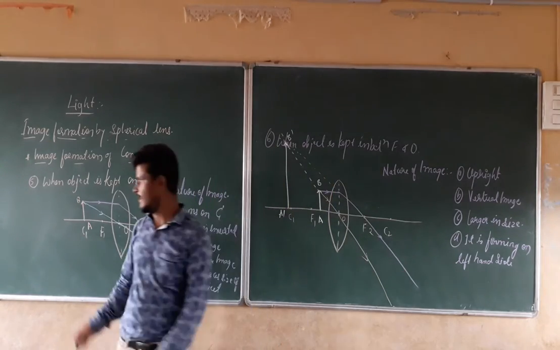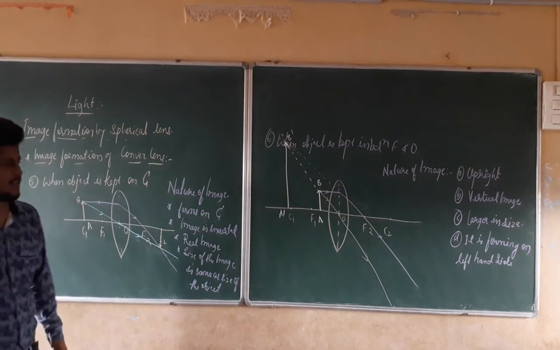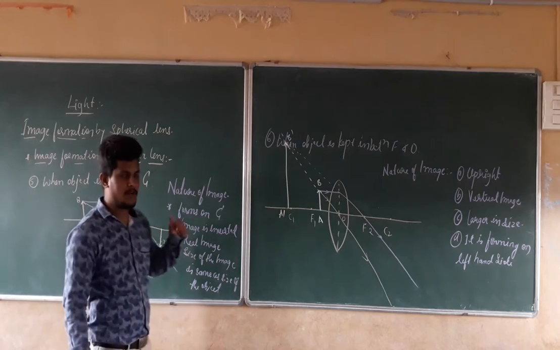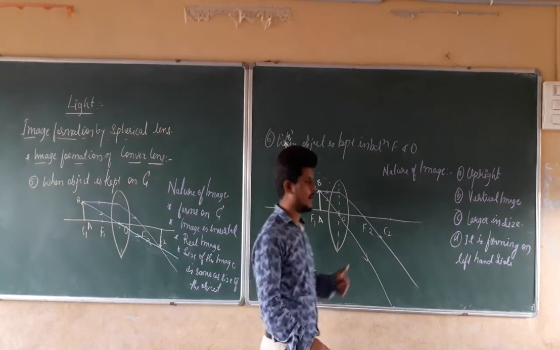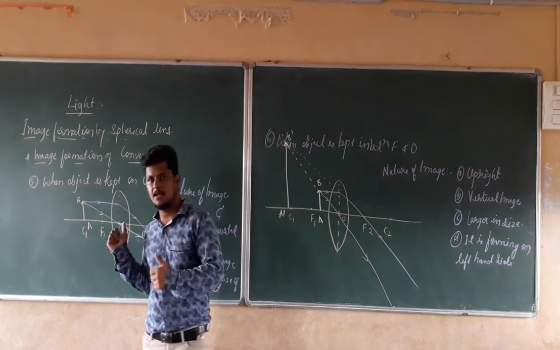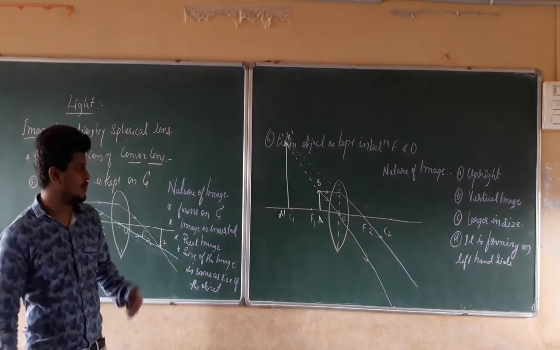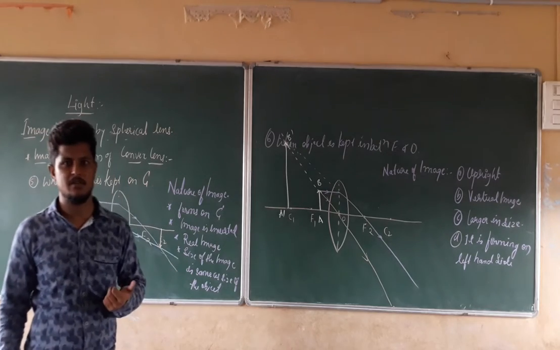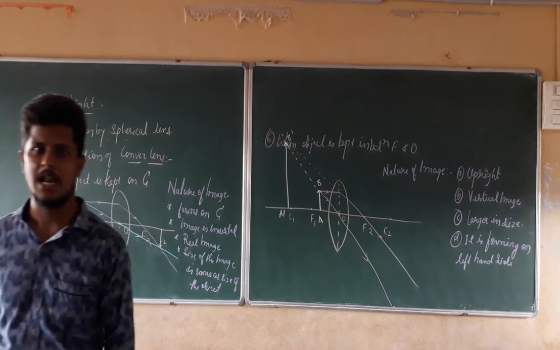These are the 6 ray diagrams which are going to come in the convex lens topic. For the different positions of the object, we find out the different position of the image where it is going to fall, as well as we check the nature of the image also. Now next we are going to discuss the concave lens. We are going to discuss the ray diagrams for the concave lens.